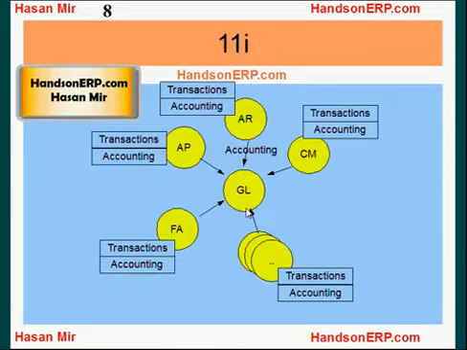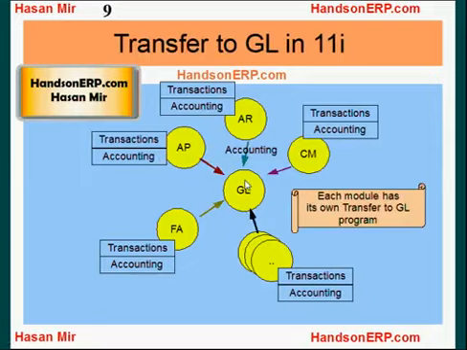So look at this diagram here. These are all different modules. These dots are representing all the remaining modules in the system. Transactions are residing in the module, and accounting is also residing in the module. And once the accounting is created, you're going to run the transfer to GL program from each of these modules, and accounting information would be transferred to General Ledger. Okay, now look at some